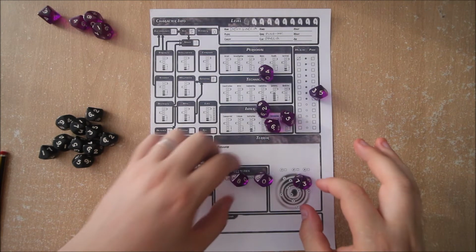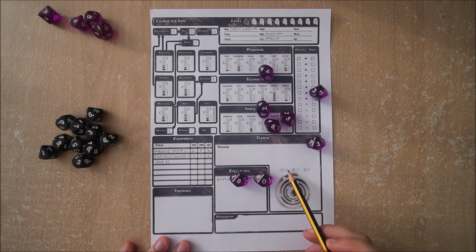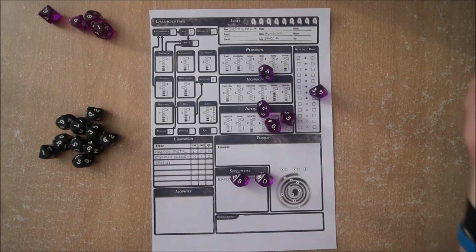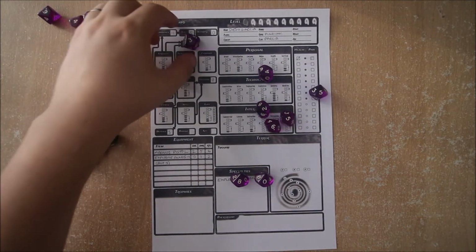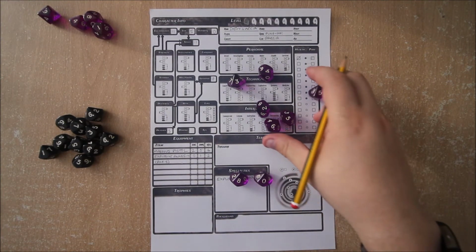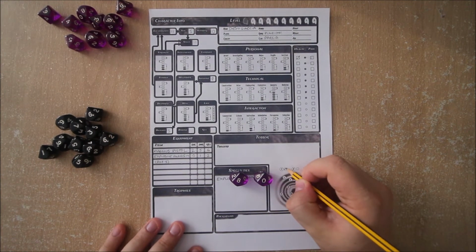Now, he's looking for a 7 or better on this one, because as you can see down here, the 7 box is uncrossed. And 10s mean exploding successes, and unfortunately he's not managed to achieve more than 2 successes here. However, I as the GM am going to decide that 2 successes are enough, and I'm going to cross off